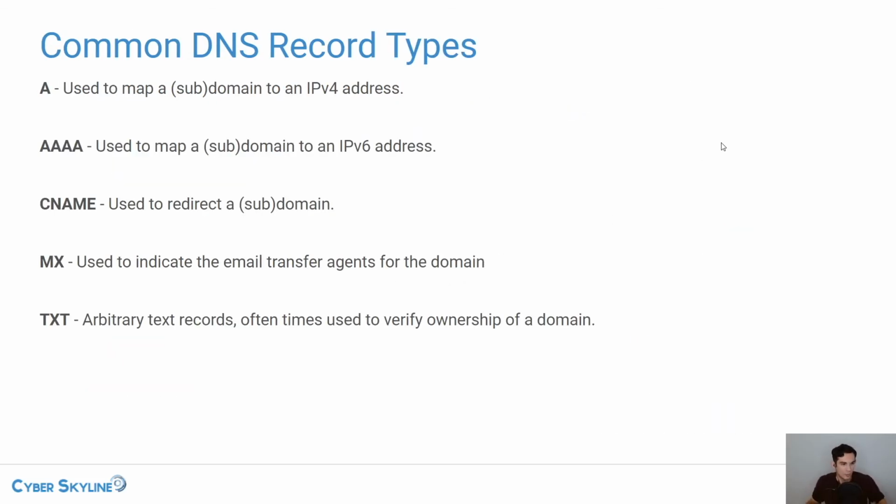So when you perform a DNS lookup, you are going to be asking for a DNS record, and there are multiple different types of records. So I have some common ones here. There are a lot more than just these, but these are typically the ones that you will be seeing very frequently. There is an A record, which maps a domain or a subdomain to an IPv4 IP address. There is also the quadruple A record, which maps to an IPv6 address.